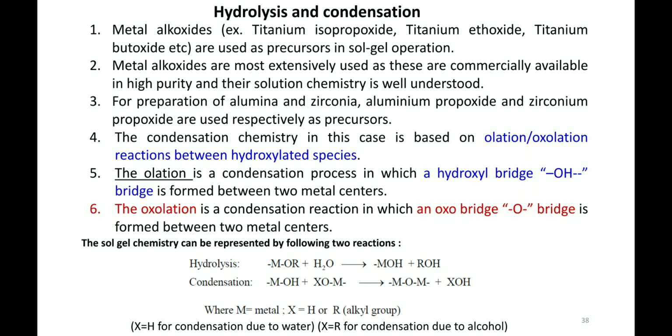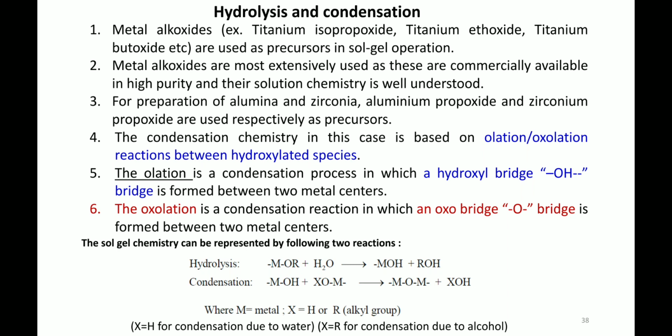Now in case of condensation process, we already have this MOH because hydrolysis has been processed first, and the product of hydrolysis process is MOH group plus XOM. Okay, so that group is there, and then what happens is in this condensation process MOM takes place plus XOH is the byproduct. Now this MOM is basically nothing but the oxidation type of condensation.